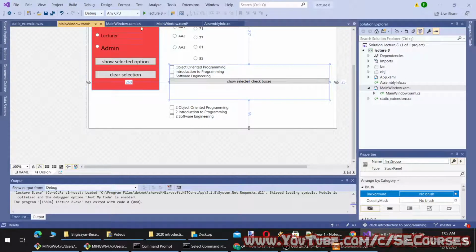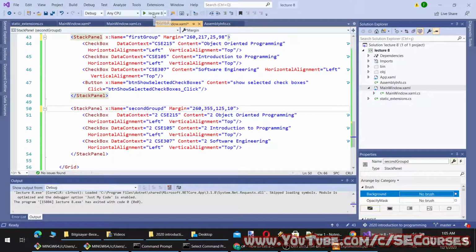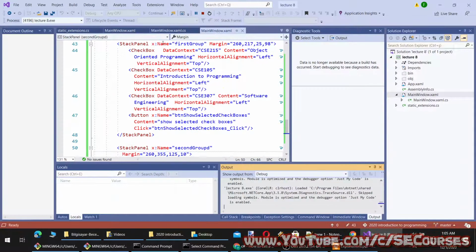Okay, so this will only get the children inside this group. The other ones will not be iterated because I am only getting certain children of certain elements. I will remove that restriction.